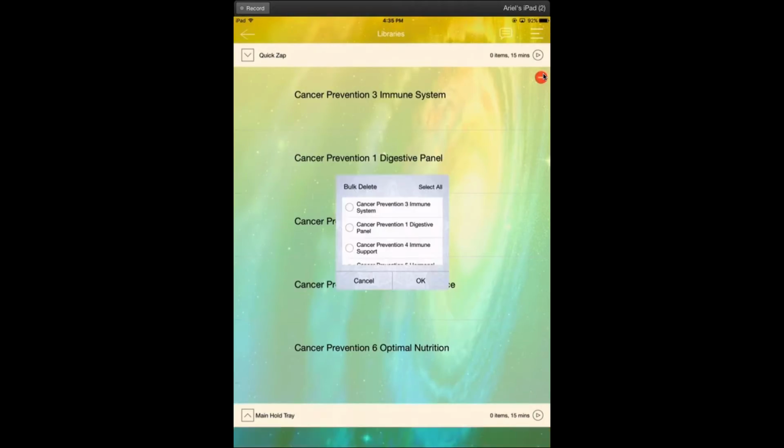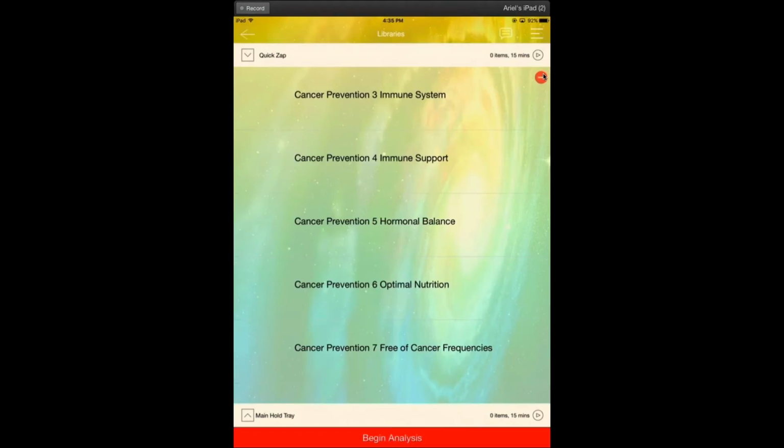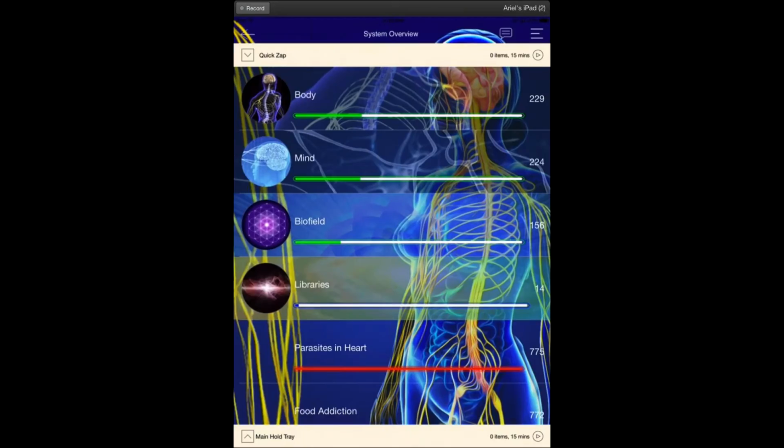Let's do it again for the digestive panel. So now we'll remove the digestive panel, and now it's off. Okay? Susan, did that help? Did that help to clarify what it is? Top right-hand corner on each animation, there is a small...